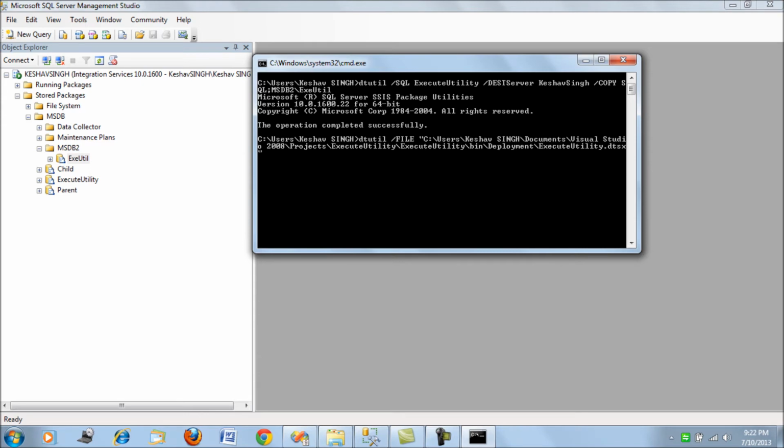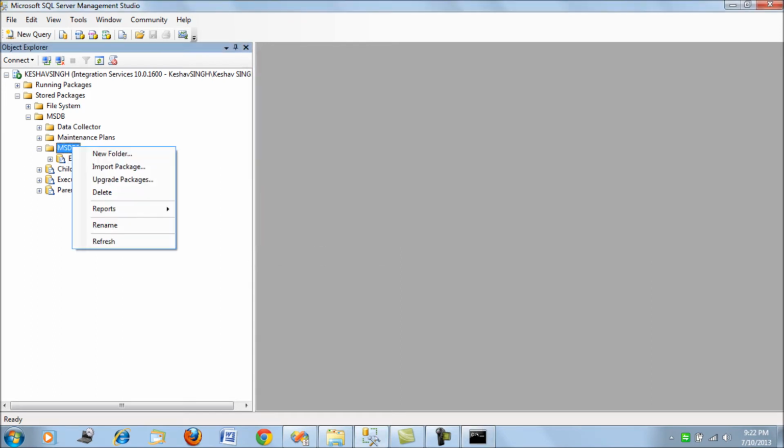Utility DTSX, remember that, I missed that last time, and we say destination server, we say copy please, and then we say SQL, since this is a server that we are copying to, MSDB2 slash. Okay, let's call that. Alright, now if you check,